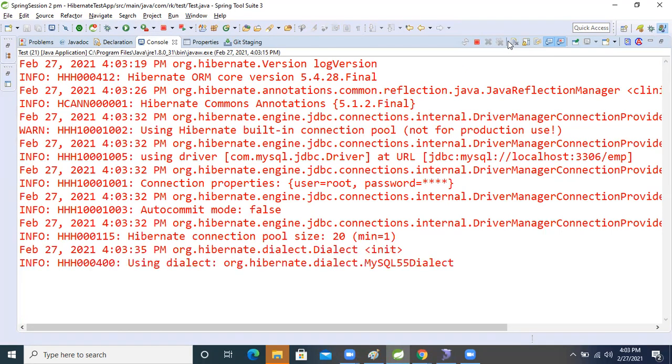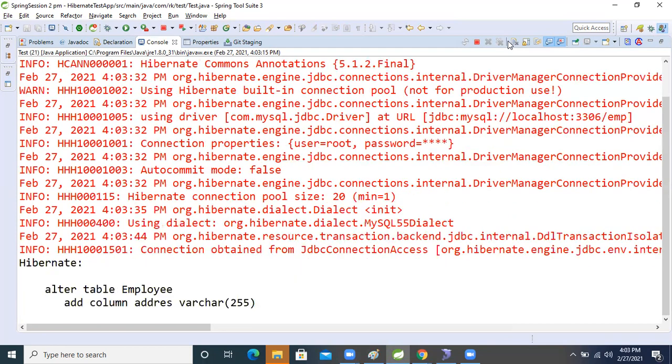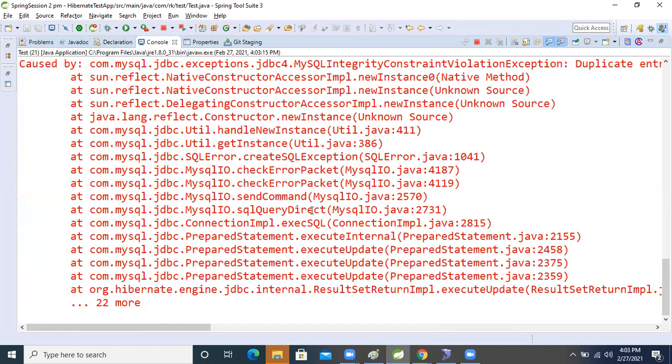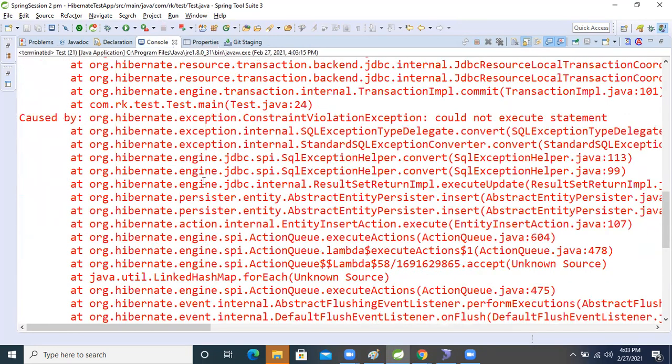It will fail because of the primary key. I said the program will fail because the primary key is unique.